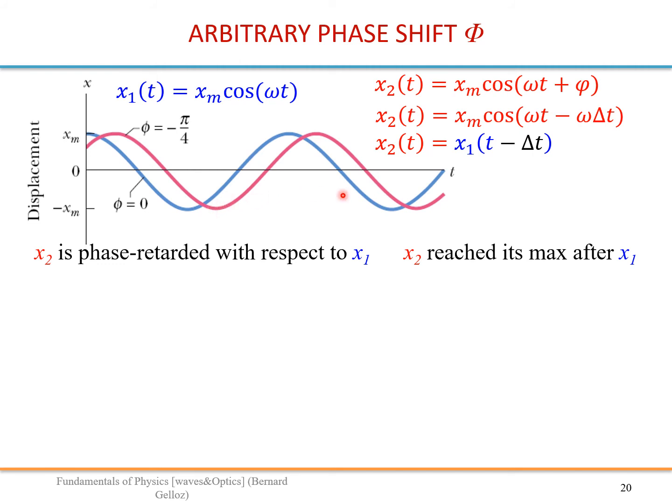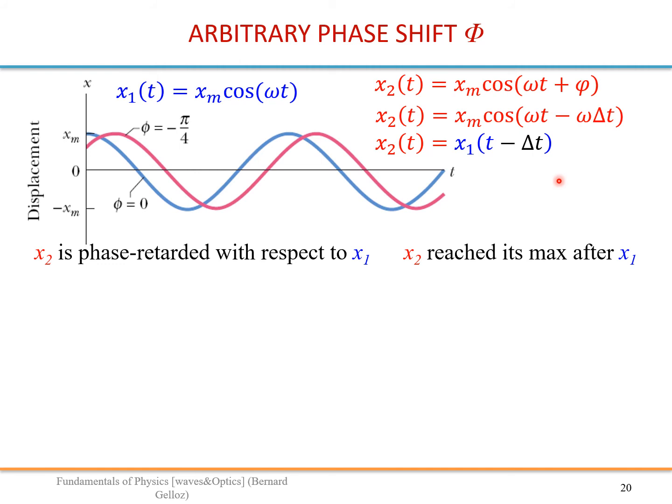So this is in fact a result in mathematics. When you have a function, and if you take the same function but centered at a different point, that new function is just the original function, using the variable minus the position of the new center. Now our center, let's say it is the maximum here, corresponds to the cosine equals 0. Now that new center corresponds to time delta t. Okay, the shift in delta t. So now we need to replace t by t minus delta t. This is just mathematics.